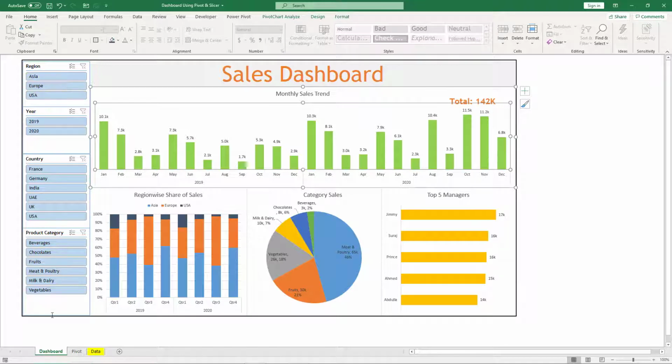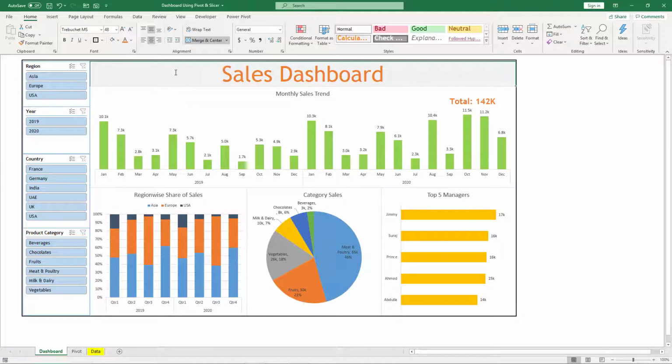Once these slicers are inserted, align them properly on the left side or the top, create a header for the dashboard, then connect the slicers with all the pivot tables, all the required pivot charts,